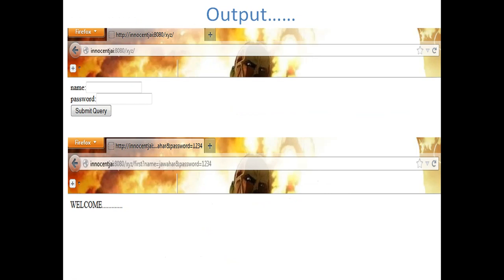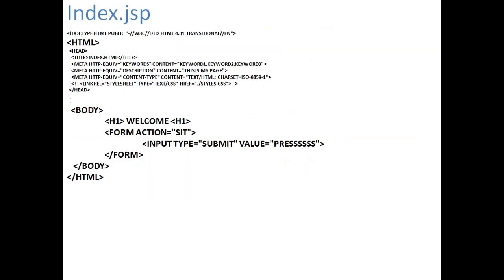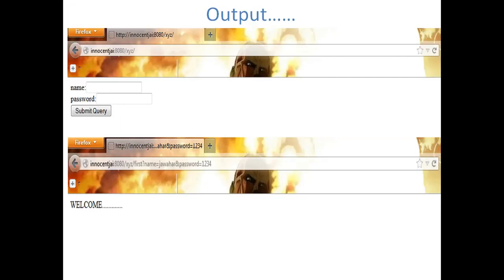It is very complex for this simple processing, but when we are working at a large level it is much easier and faster than other server side programming languages. And you have to do the practical exercises of this Java servlet, otherwise the concept of Java servlet will not be so clear to you.